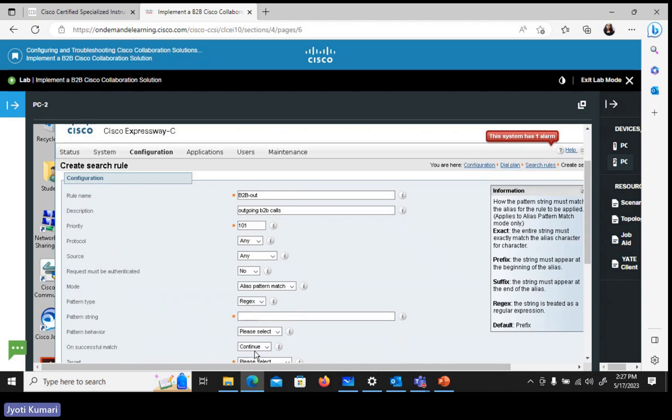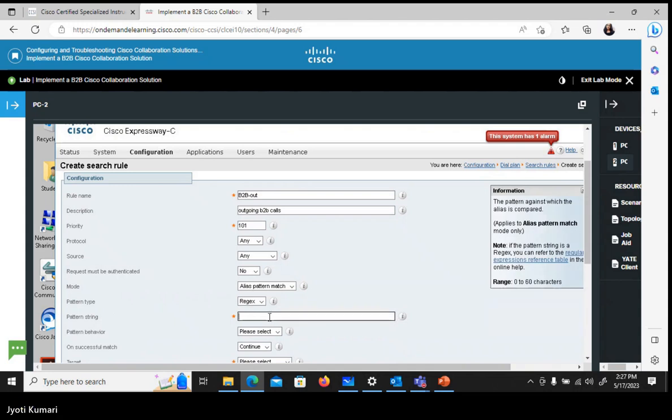Regex. And let's use this for anything, again, can be the same. And the exclamation mark, which means anything or not. Dot